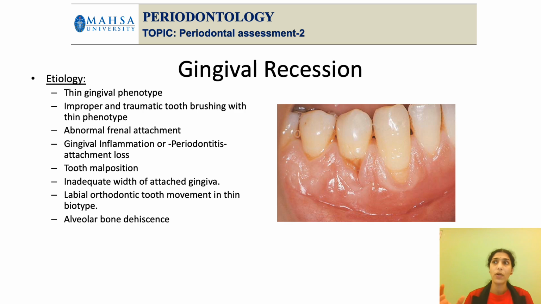The difference is, if you want to see in which patients usually we get recession among periodontitis cases, and in which patients we get pockets. In those patients who usually have a thick phenotype, the tissue won't recede so fast, right? It has a good enough barrier, as I said. Therefore, usually you see a periodontal pocket. But in thin phenotypes, if there is periodontal inflammation, usually the tissue tends to undergo gingival recession, especially on multiple teeth. So this is one of the signs that says the phenotype of gingiva has a major important role in which predisposes to the presence of gingival recession.